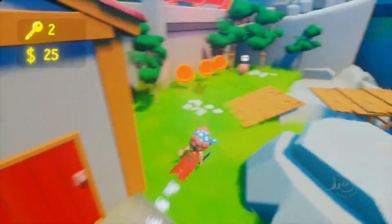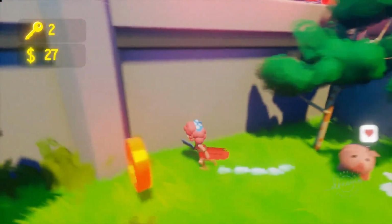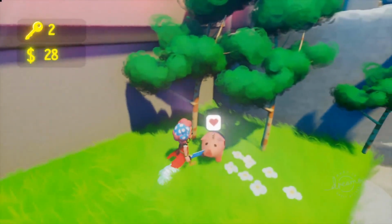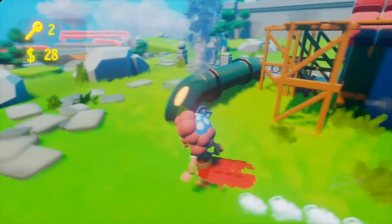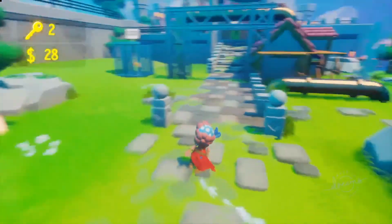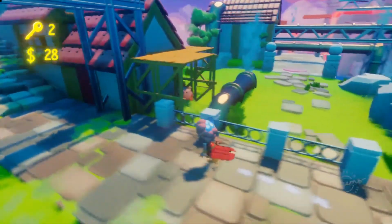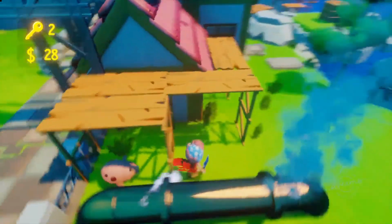Oh, we lost the pig. There we go. There's another pig. Oh, hang on. It's thinking about love. We need to get these pigs together. Right. Where's this lovelorn pig? Where's he gone? Oh no, we've lost the pig. Oh, there he is. Oh, gold. Are you trapped in there now, pig? Oh no, I've trapped the pig under the...